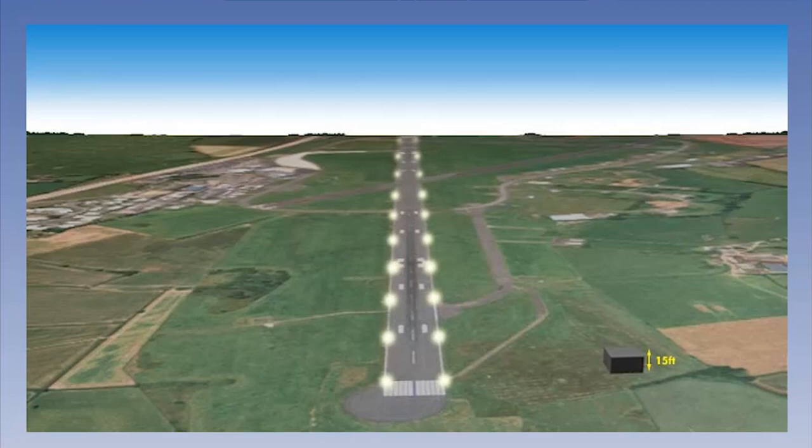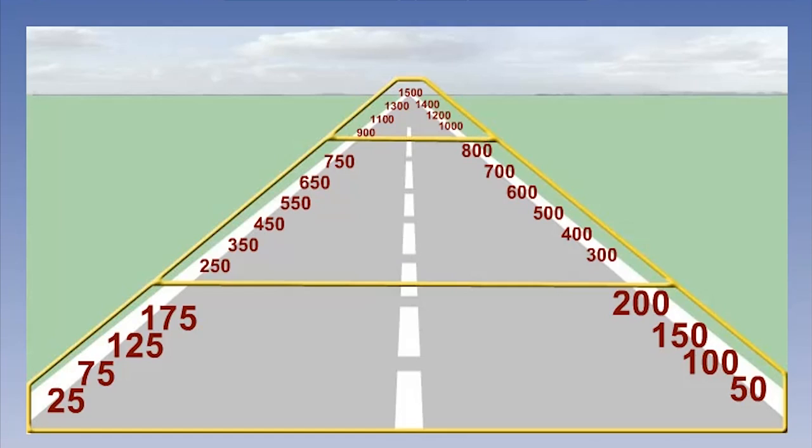Note, however, that RVR is reported for the touchdown zone only, and can be determined by placing an observer 76 meters from the centre line of the runway and counting the number of marker boards or lights in the appropriate direction. In the UK, standard RVR reporting increments are